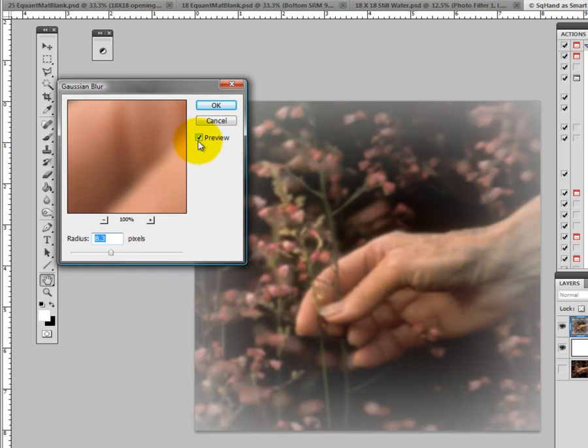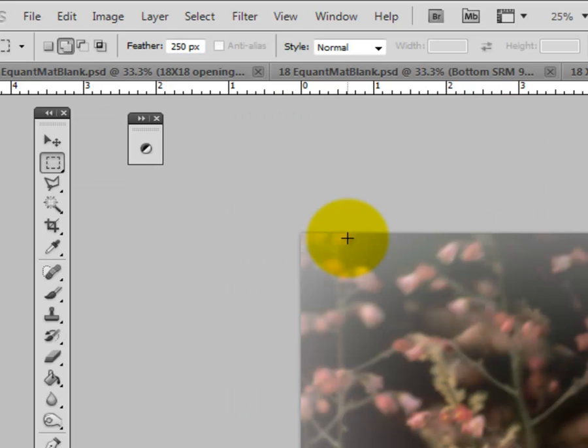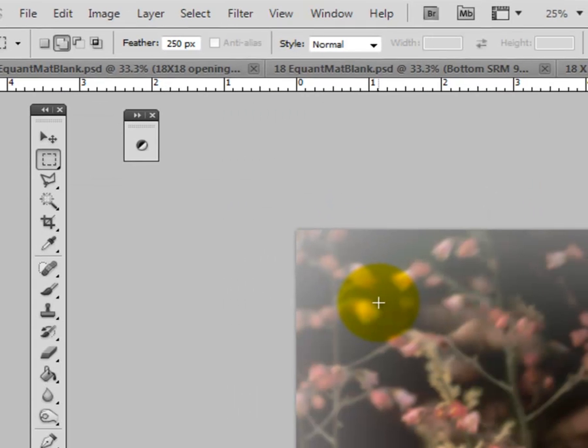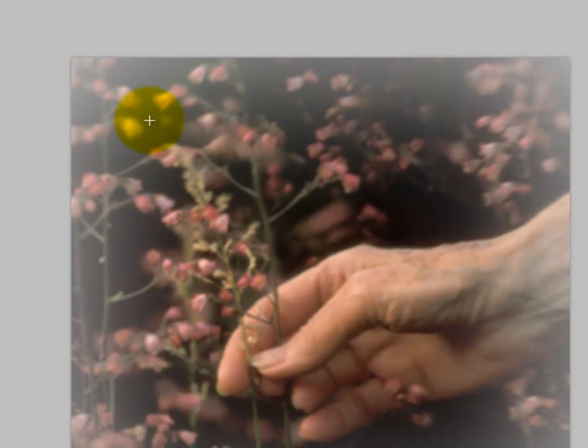I can turn the preview on and off so you can see how much the change is. And before I said I liked around 5 pixels, so I'm going to choose that number, and we'll preview it with it on, with it off now. And I like the slight amount of blurring, so I'm going to accept that and say OK. And now I think I would like to put a white frame or background around this, so I'm going to